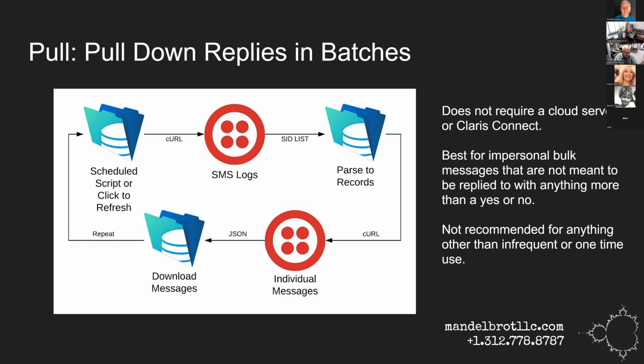You can pull them down in batches, which is insert from URL on a scheduled script that runs every X number of minutes, right? The other way is to push them in through the data API. So there are different circumstances where each one is the better choice. If all you expect is a very minimal response, pull is okay, right? If you're sending out a message that you're not expecting anybody to respond to, there's no need to set up all the extra work to do a push rather than a pull.